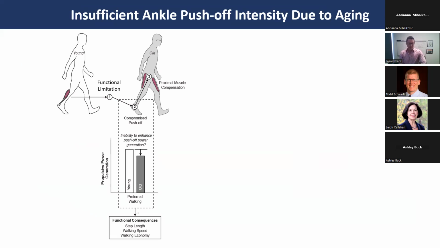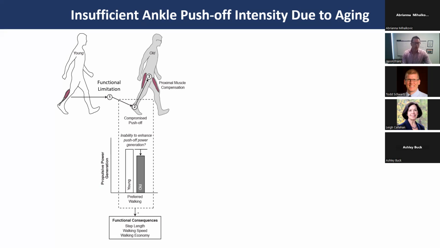Well, the single most common biomechanical change, at least in elderly gait, is this reduction in the vigor, the intensity with which we push off the ground with each step. And that's important. That's the way in which we accelerate. We maintain speed. We maintain stride lengths. And instead, what we see is this redistribution to more proximal, less economical muscles. And this pathway is something that we and others have thought of as contributing to shorter shuffling steps, slower speeds,